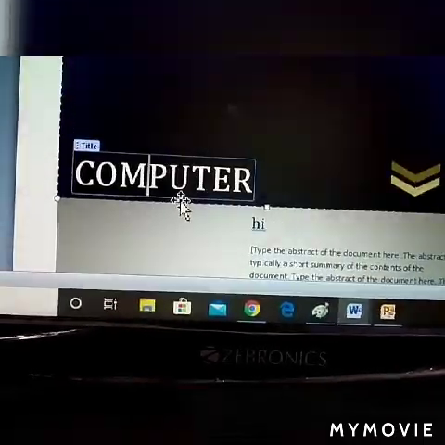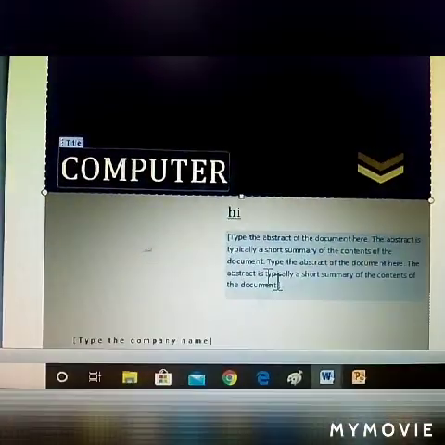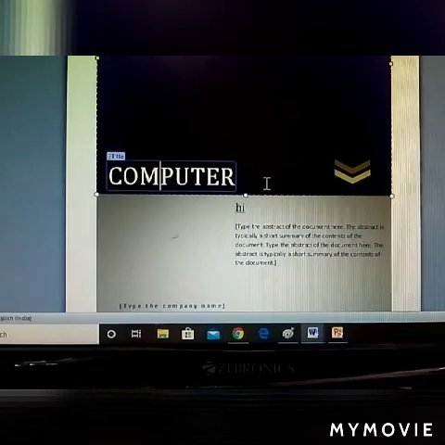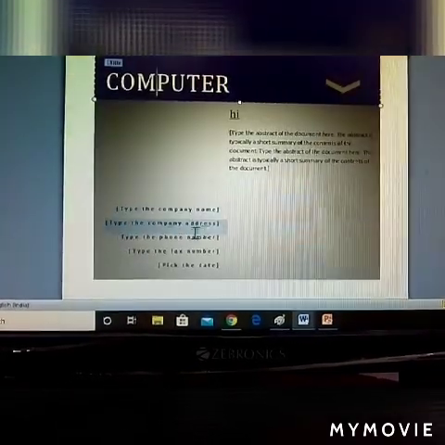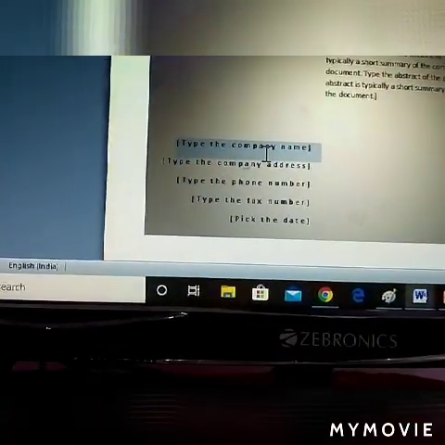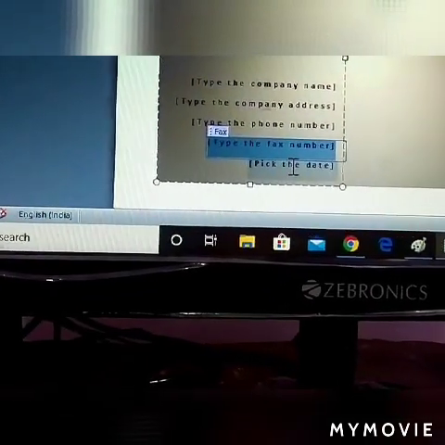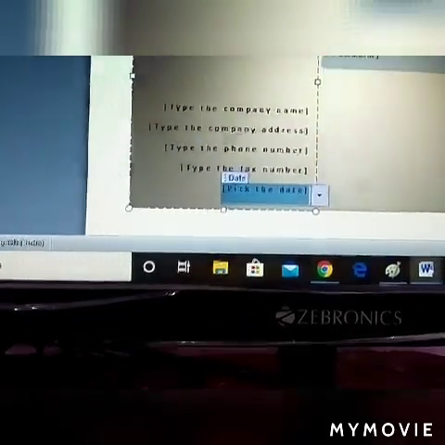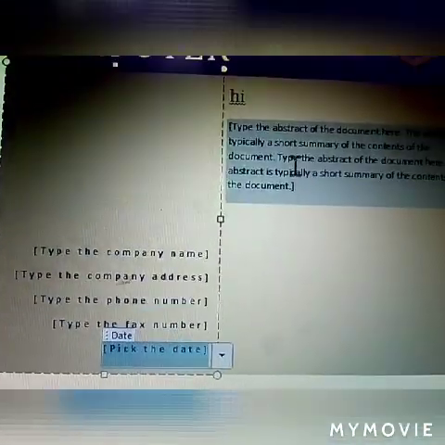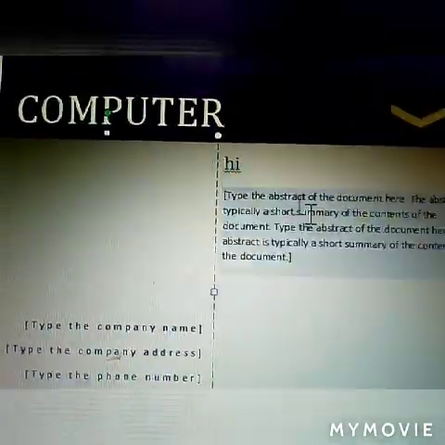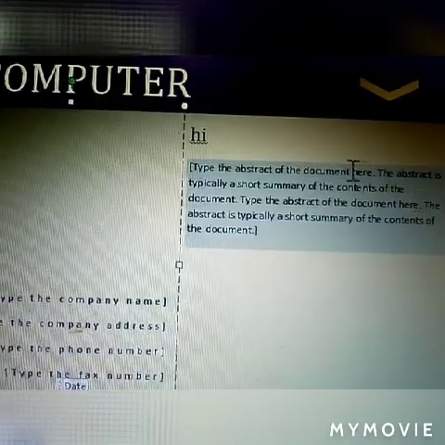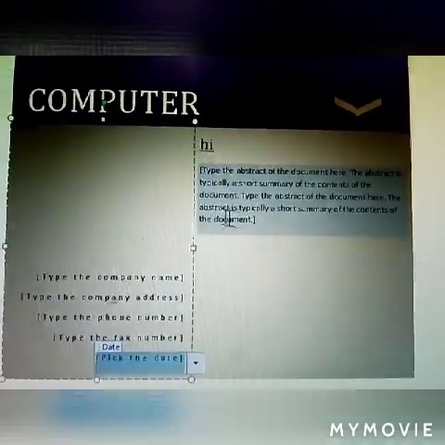Other fields are available too. After filling all the information given here: company name, company address, phone number and fax number. Pick the date. These are all available here, and all are typed here.